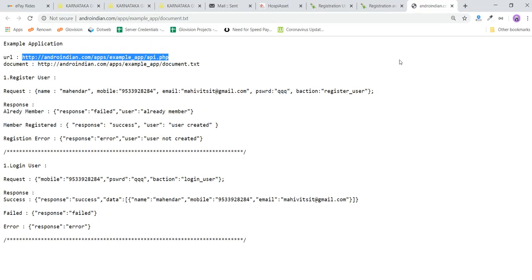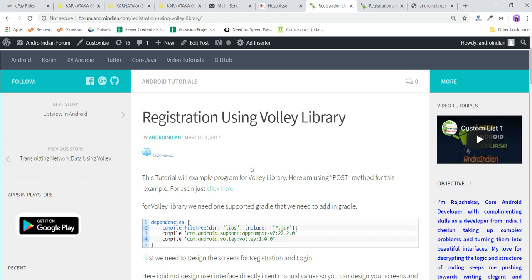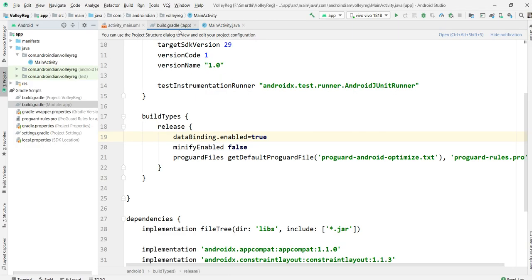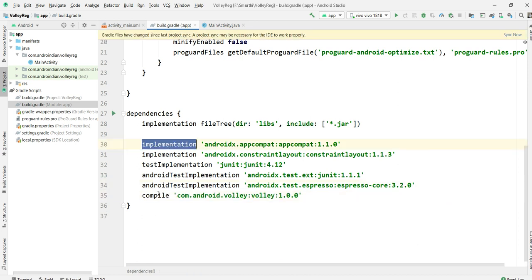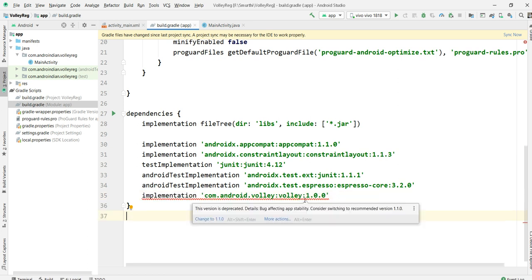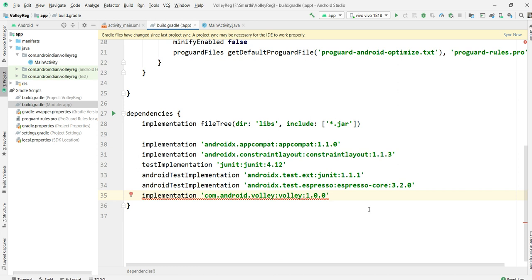That Gradle I can copy from my website. This link I'll also provide you. It is the implementation of this Volley. There is also a new version of Volley available. Then just click on Sync Now.